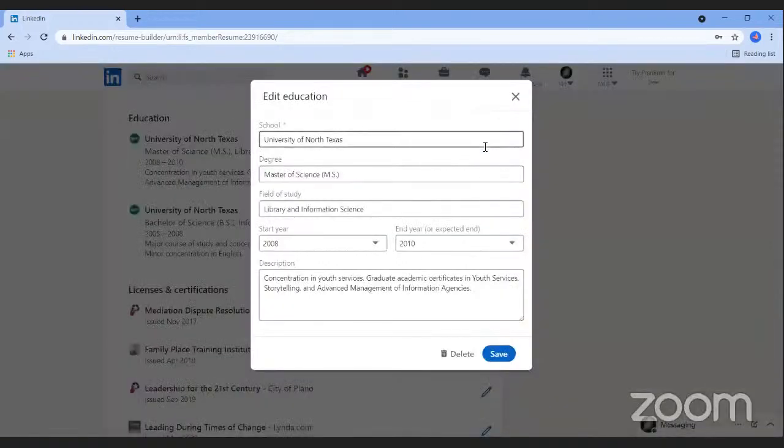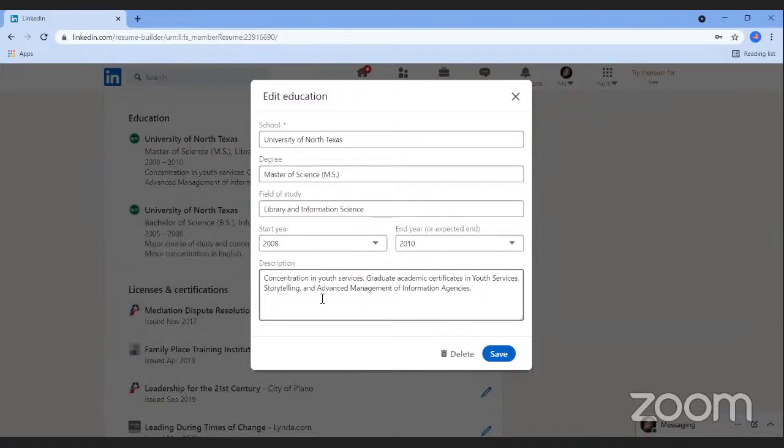This is going to look a little bit different though. When I click on the box to edit, this section doesn't give me any tips for writing. It just gives me the text that I can edit. And for each of these entries, I can put in my school name, the degree that I earned, my field of study, start and end dates, or anticipated end date if you're still in school. And I have space to include a brief description if I would like.